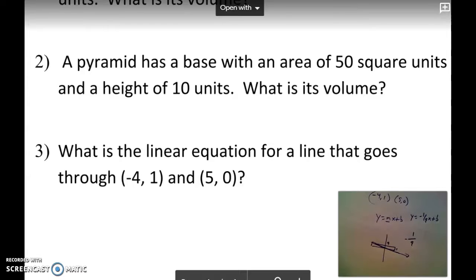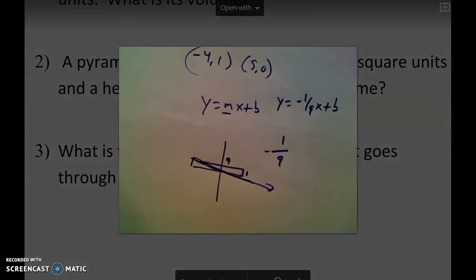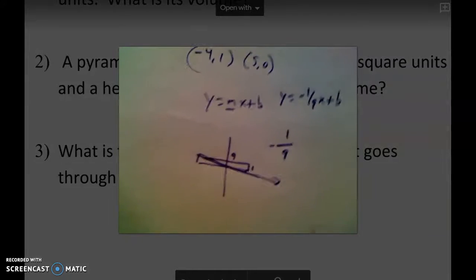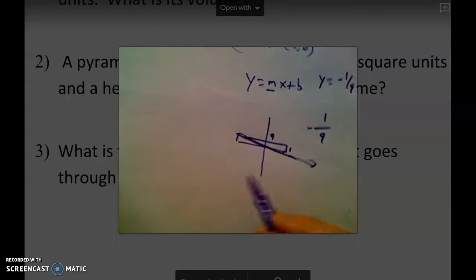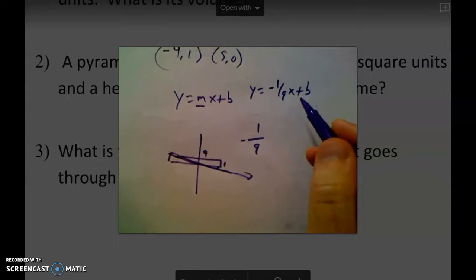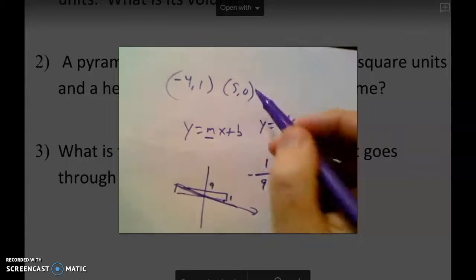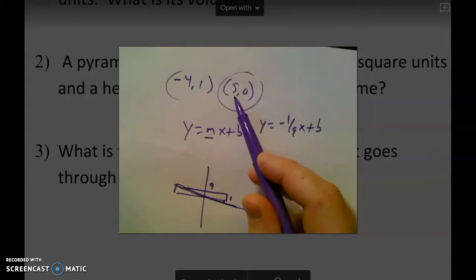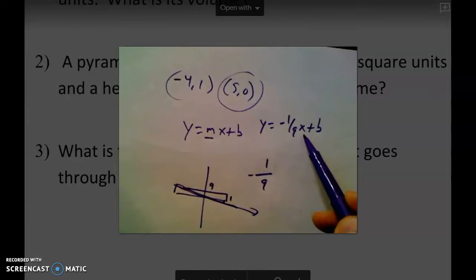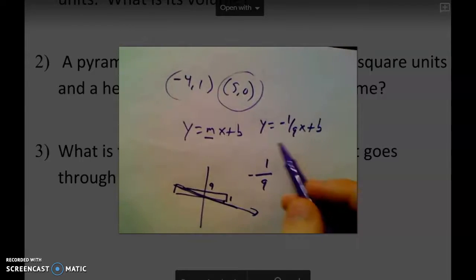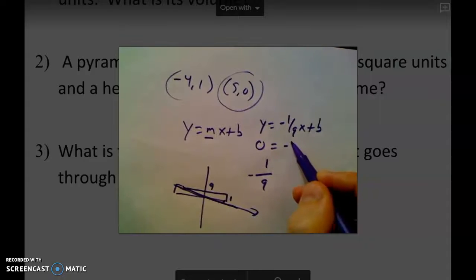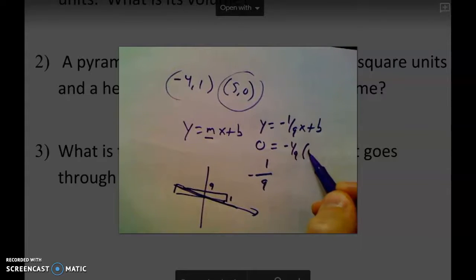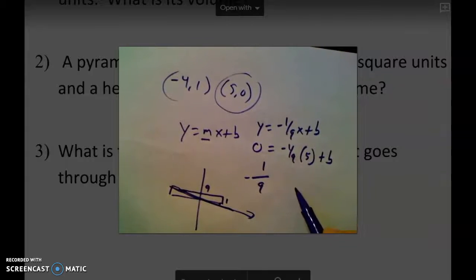And to do this, there are a couple different ways. I am going to use the algebraic method. So go back to my equation here. I'm going to take one of my coordinates, let's take the second one, and replace x with 5 and y with 0. So I get 0 equals -1/9 times 5 plus b. Multiply this out, which is going to be